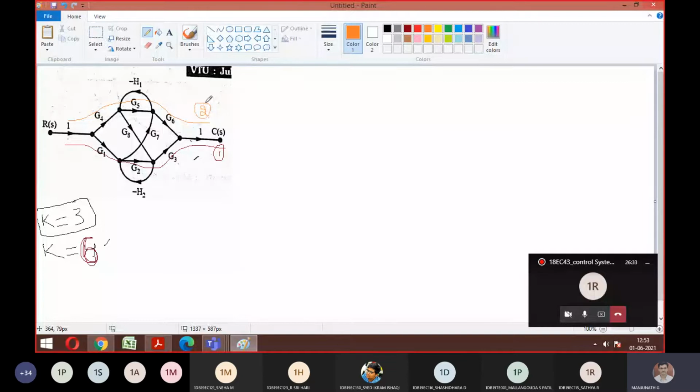Okay. Then third one, I will change the color so that it will be helpful for you. So G1, then you can trace a path G7, then G6, then out. Is it third? Yes, sir. Good. So next, fourth one will be one more color. Okay. So G4, G8, G3 and output. So this is your fourth. So this four I think you told earlier, correct? Is it okay till here? Yes, sir.